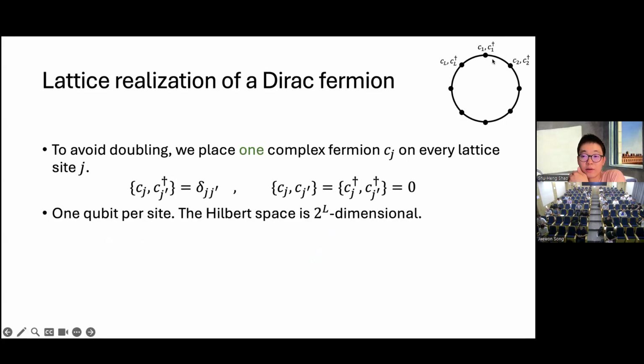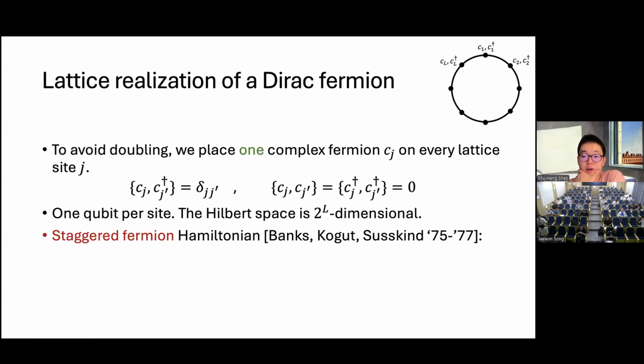Now, the Hilbert space of this complex fermion is a two-dimensional Hilbert space. In fact, locally, you can bosonize it to a qubit. Since we have L sites, the total Hilbert space is 2 to the L dimensional. And the Hamiltonian we're going to work with is the famous staggered fermion Hamiltonian, discussed by Banks, Kogut, and Susskind